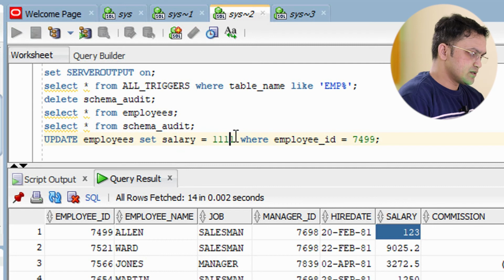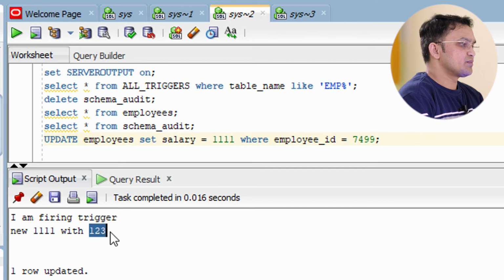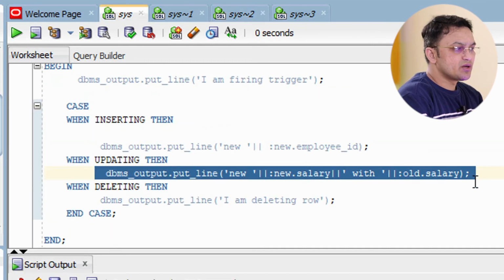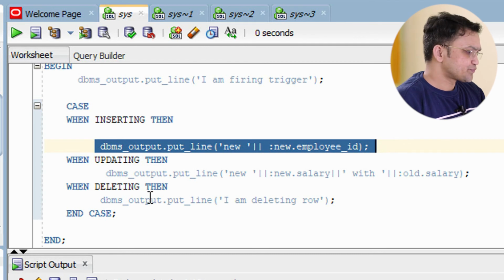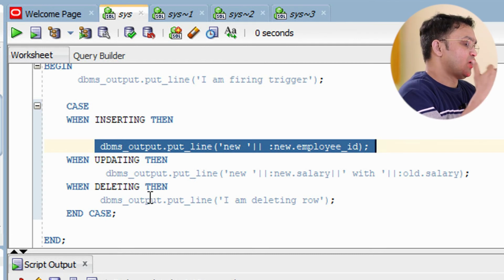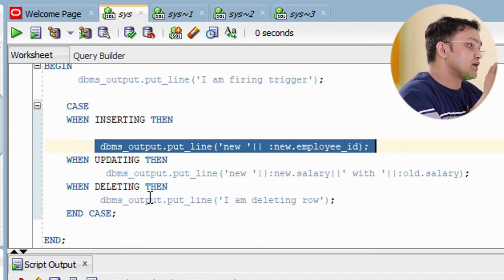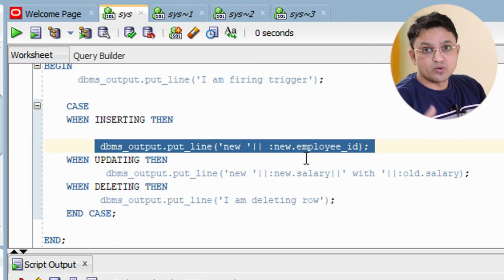You will notice the new salary got printed as 111 and the old salary as 123, and only this statement got executed, the other statement remained untouched. So this is how you can write the code of your trigger operation-wise, and this is what new.column and old.column do.